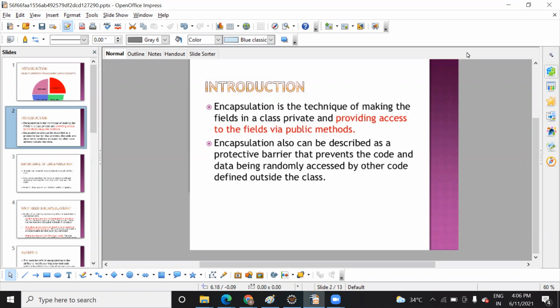It's similar to abstraction, you might think, but the difference is that in abstraction you make the method abstract and provide the body in the child class, right? But encapsulation is another way of hiding your implementation detail. Here you use the concept of a visibility mode. Okay, what do you mean by this visibility mode? Why do we use this? We are going to see it.